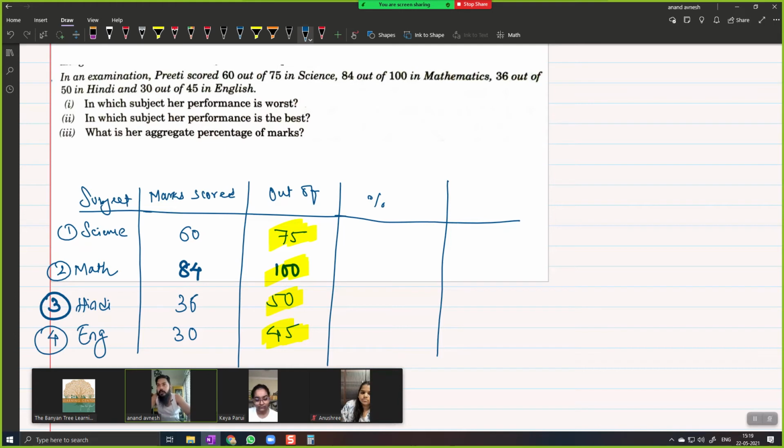साइंस में उसको 60 मिला 75 से, कितना परसेंट हुआ ये? Sir, 15. How to take out percentage? Sir,